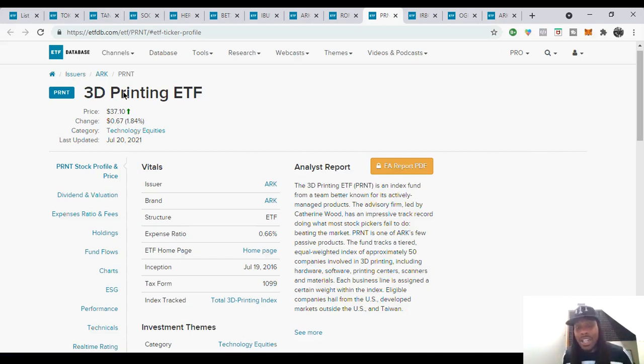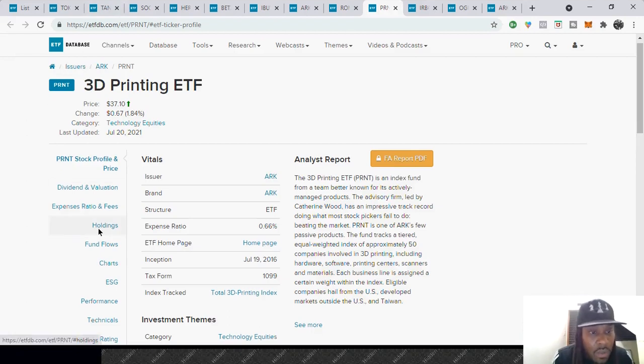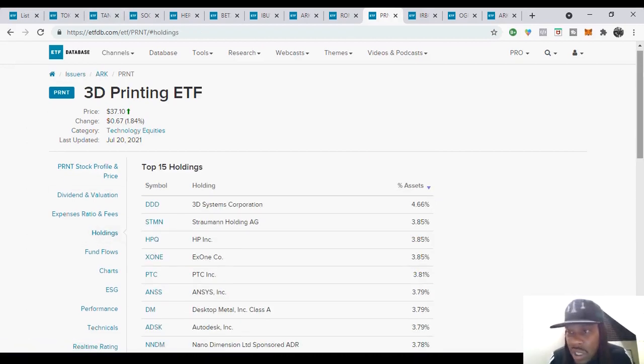You know how many people it typically takes to build a house? So it's a future in that, and if you don't know about it, that just means that it's not popular yet, which means that it has even more upside potential. So definitely consider this. So let's see what the holdings are on this one, just in case it's something that